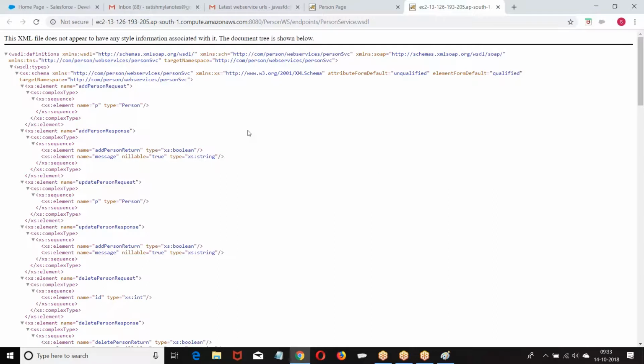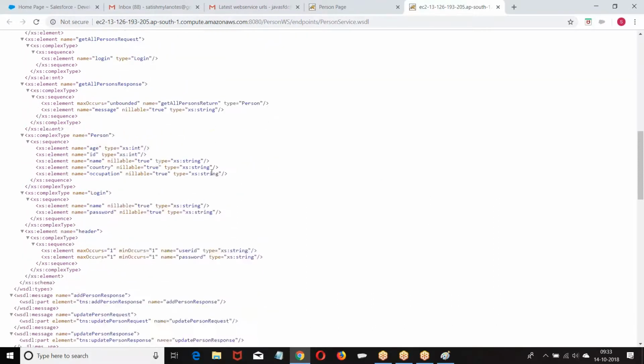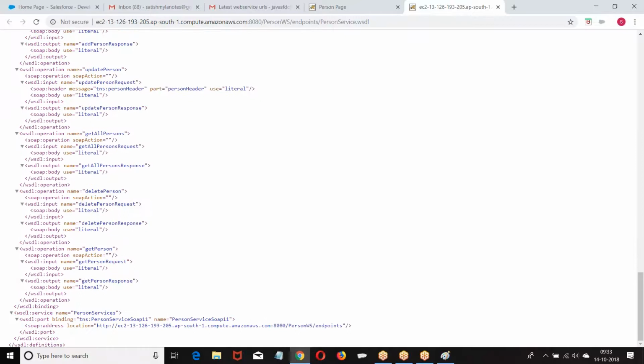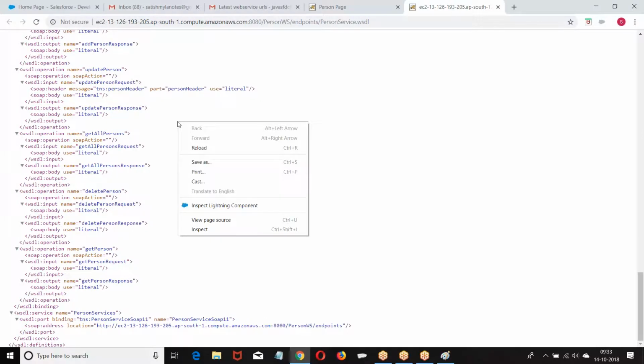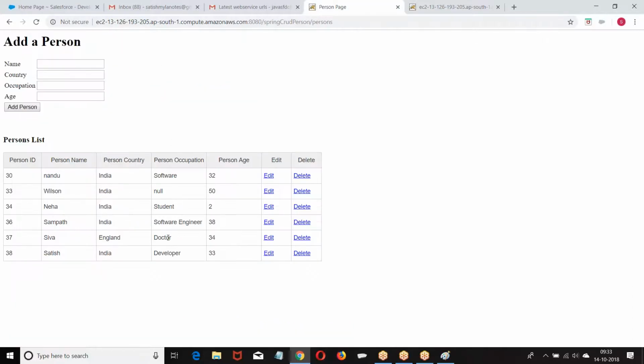Right. So I have opened this WSDL. Now what is the file here? It is a WSDL file. A WSDL file is going to be in the form of XML. This is the Spring application the Java people developed, running on EC2, Amazon Web Service. You can check out the URL also. Now here I don't use any SSL certificate. It is only an HTTP link.